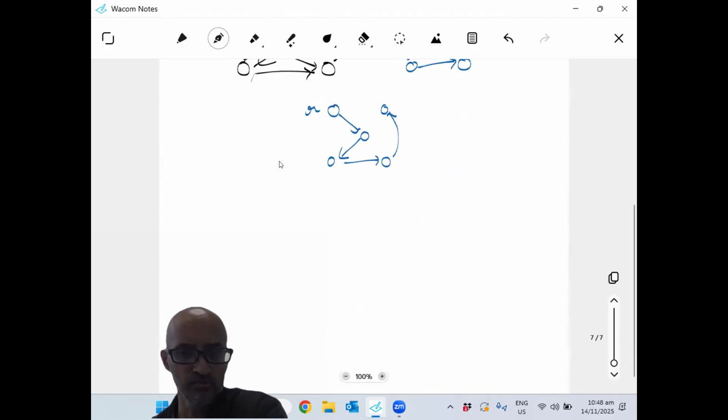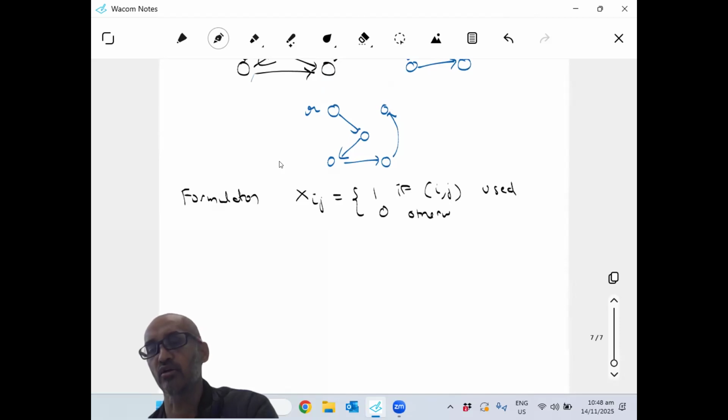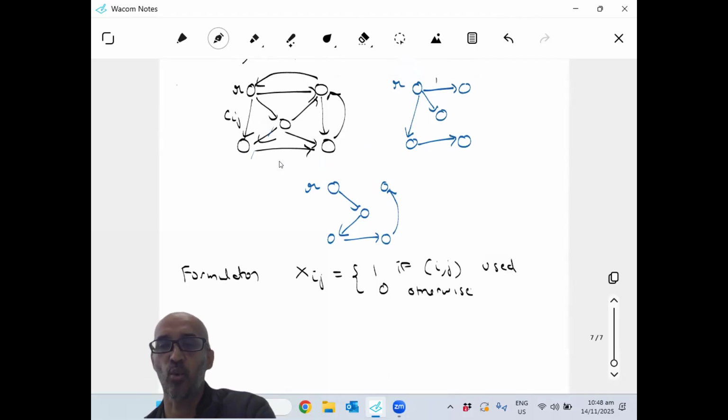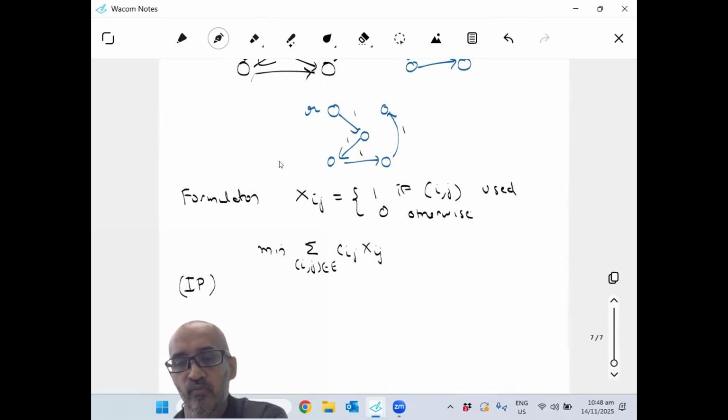So here is a formulation. The natural variable is what? Xij: 1 if ij is part of the solution, and 0 otherwise, if I don't use the arc. So in this case, all these arcs are 1, everything else is 0. So here we will first write down an IP formulation. I want to minimize the summation over every edge in the graph, Cij Xij, subject to,